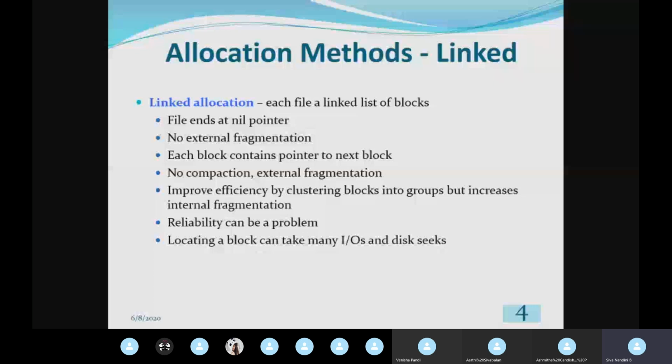To improve the efficiency, we can have clustered blocks. Clustered blocks means those blocks may be grouped. We can have some group of logical blocks for a file.